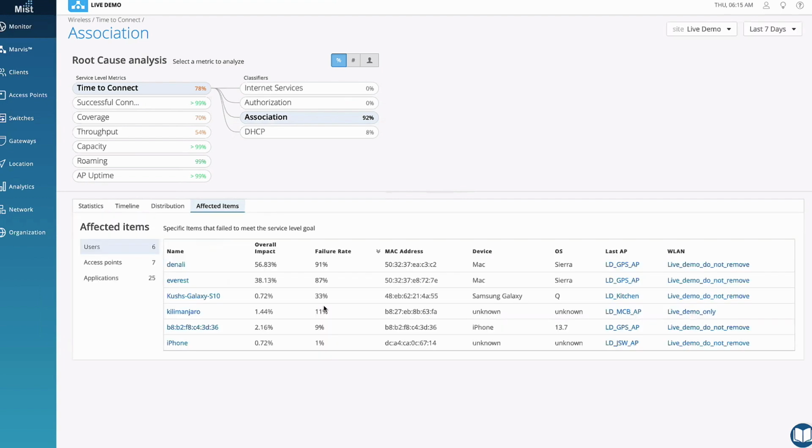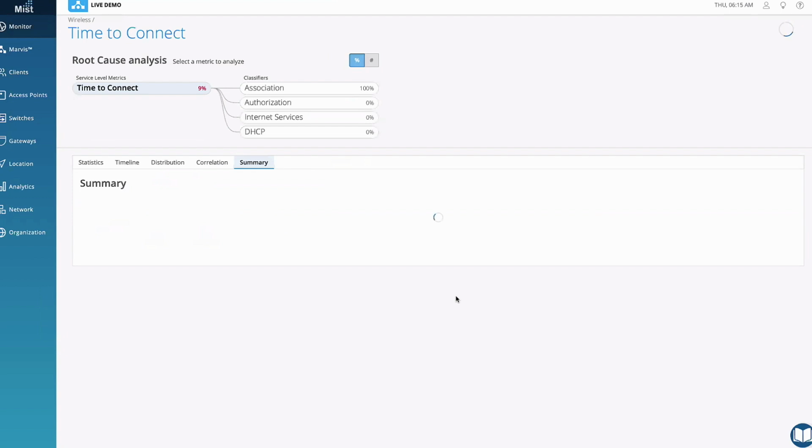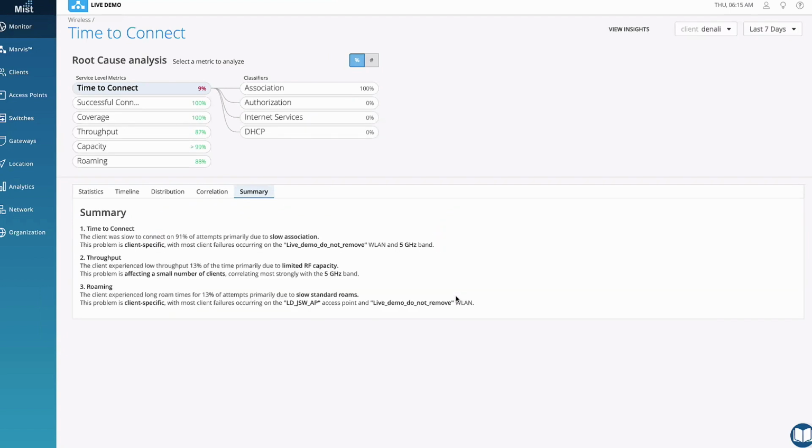Lastly, we can drill down into these users and access points and applications that are actually experiencing these failures due to association issues. We can see Denali and Everest and Cush's Galaxy S10 are the top 3 failing devices up here for association, and we can actually click on that to get to the root cause analysis summary of the top 1, 2, or 3 problems that we have